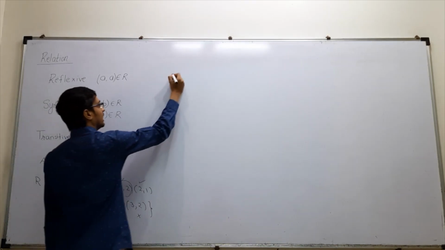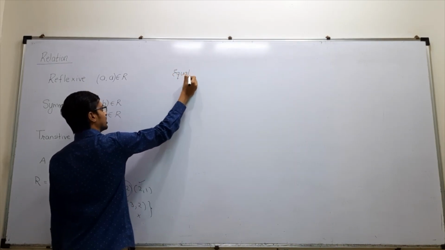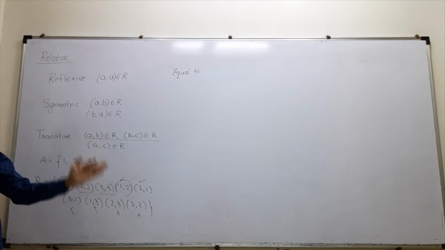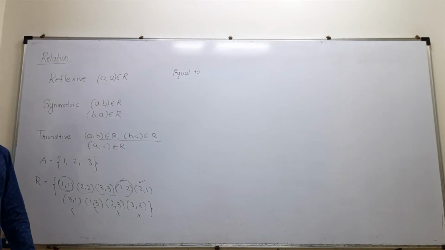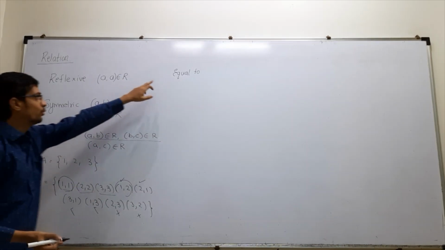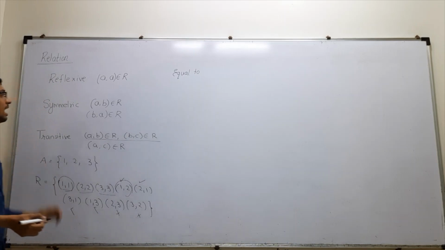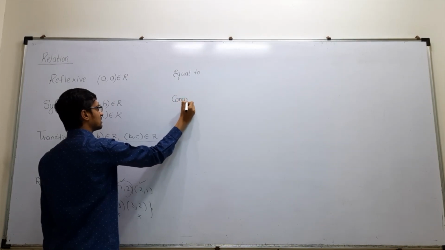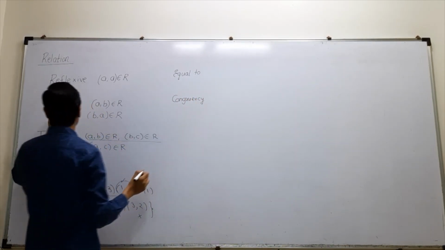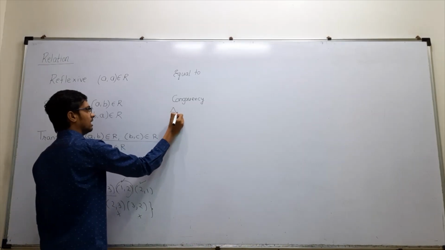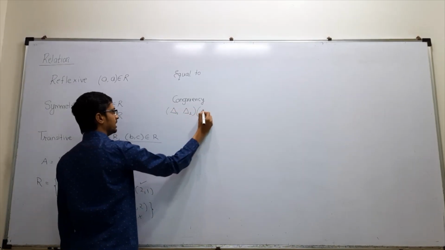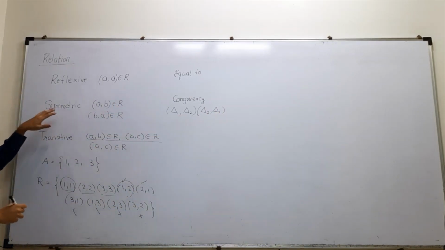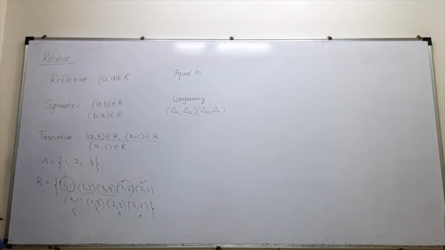अब मैथमेटिक्स की बात करते हैं. I can say that equal to relation is reflexive. Every number is equal to itself. That is 1, 1, 2, 2, 3, 3, 4, 4. It is possible for all types of numbers. So equal to relation in mathematics can be called as reflexive relation. Then I can talk about congruency and similarity as symmetric. अगर triangle 1 is congruent to triangle 2, it means by default triangle 2 is congruent to triangle 1, correct? So congruency can be stated as symmetric relation.